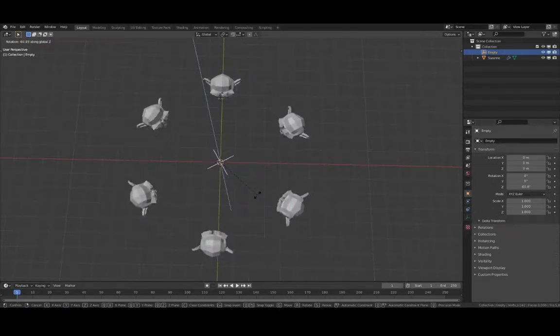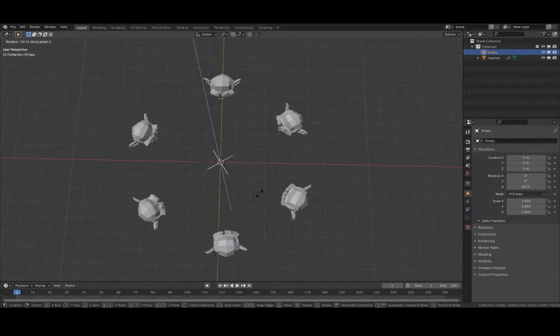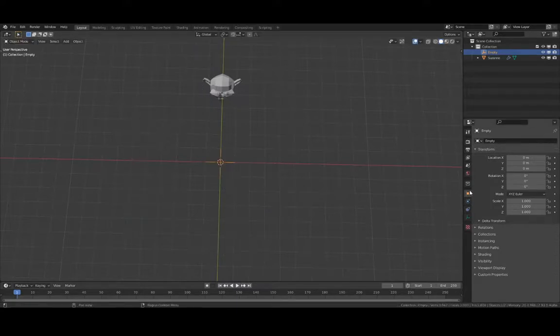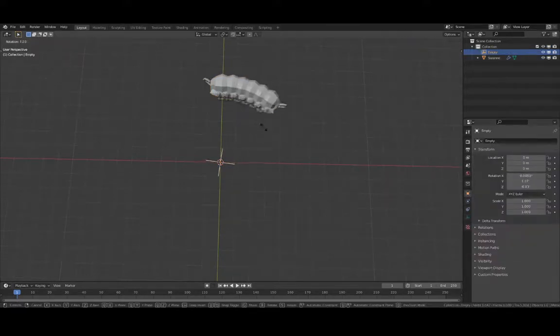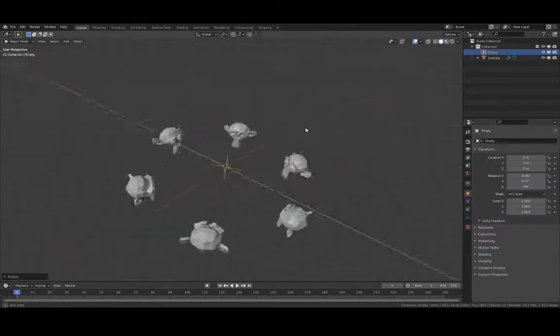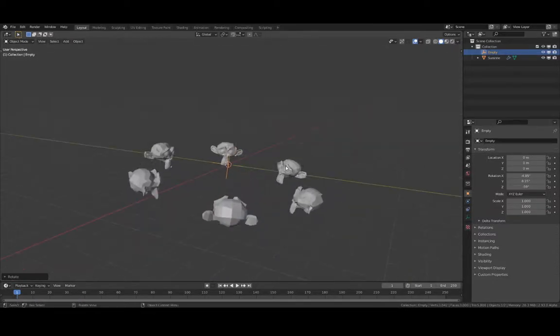But then you've got to do math to make sure they're exactly divided by the 360 degrees, divided by whatever number that you have in the array modifier. So it's super annoying to me. And then even when you do that,